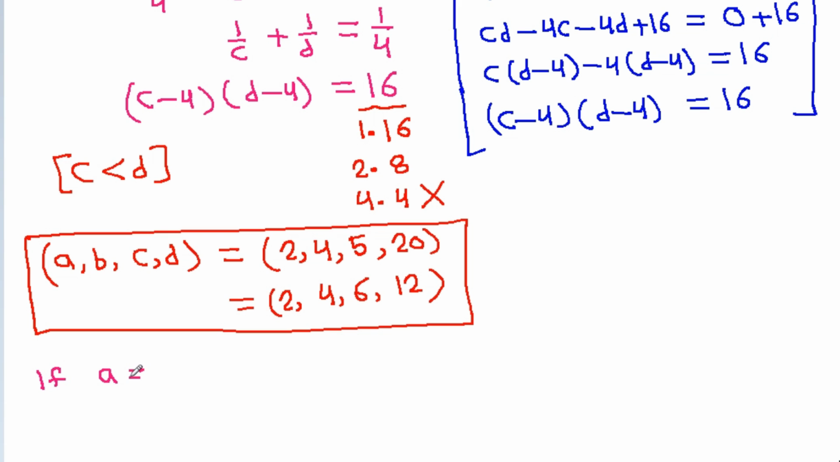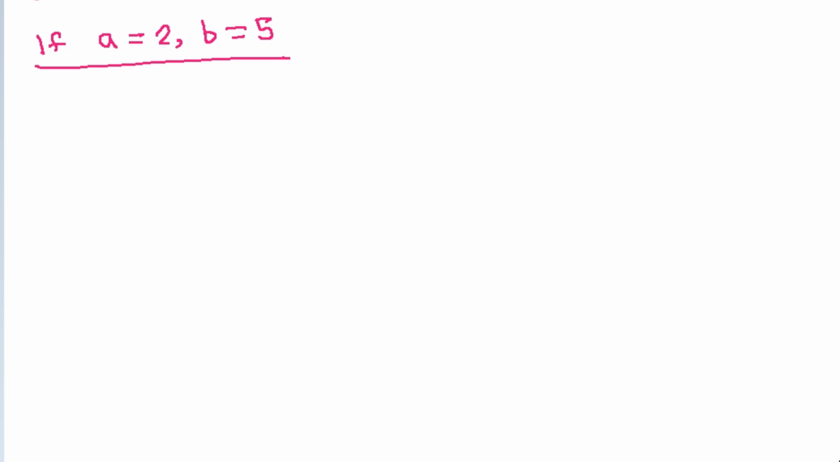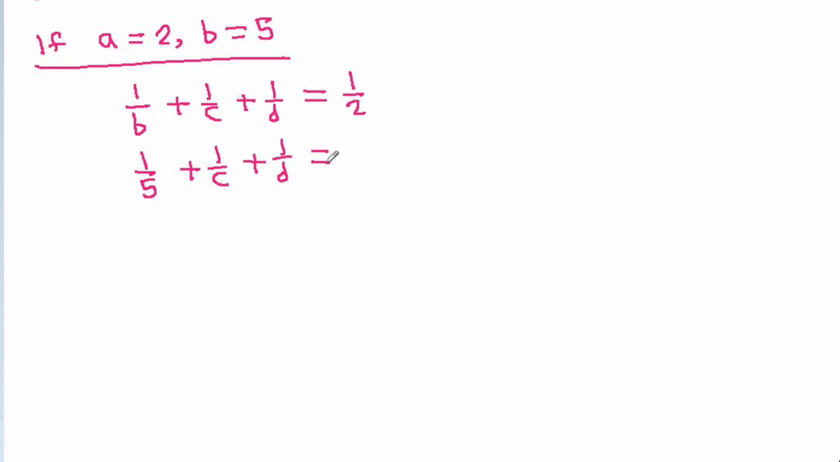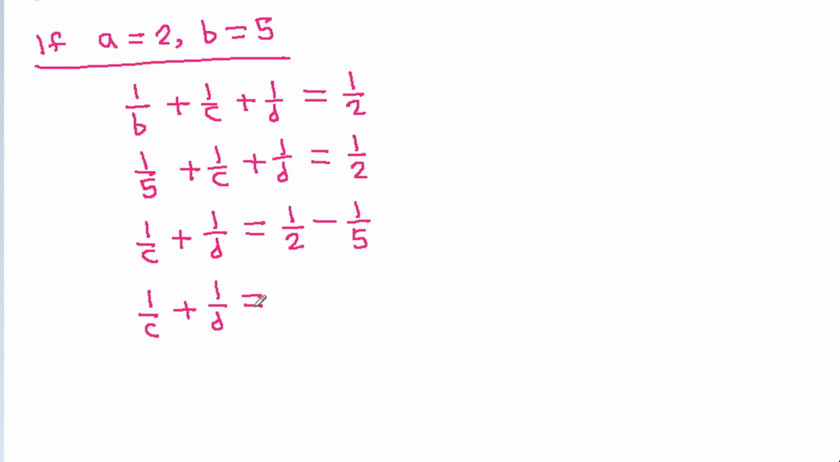And if a is 2 and b is 5, then we have 1/b + 1/c + 1/d = 1/2, so 1/5 + 1/c + 1/d = 1/2, so 1/c + 1/d will be 1/2 - 1/5, and that will be (5 - 2)/(5 times 2), which is 3/10, and it is (3c - 10)(3d - 10) = 100,